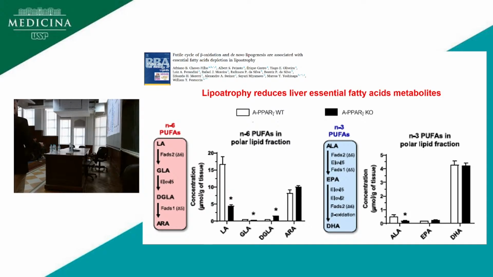So what we did next was to measure, these essential fatty acids are used to synthesize other fatty acids, such as arachidonic acid, in the case of linoleic acid, and the omega-3 fatty acids, like EPA, DHA, in the case of alpha-linolenic acid. We measured the content of these possible products of this fatty acid. We do see a reduction in some of them, and no change in the arachidonic acid, indicating that at least this depletion of this fatty acid is not related to their conversion into other types of fatty acid in the liver of these mice. And the same applies here for the alpha-linolenic acid.